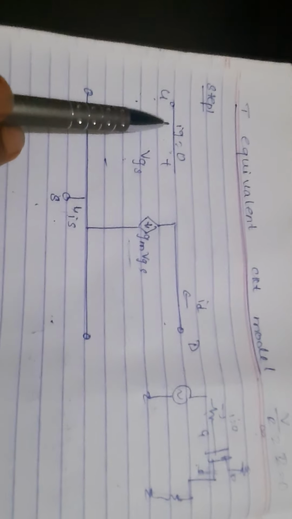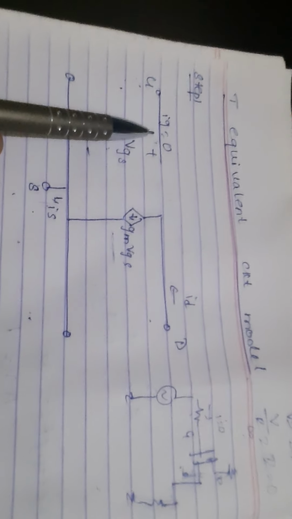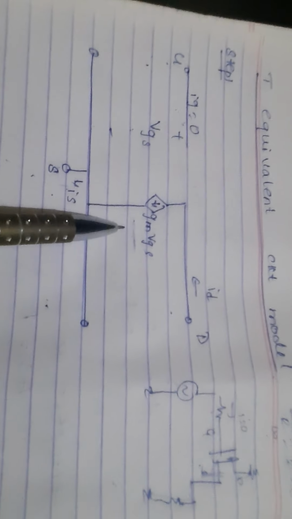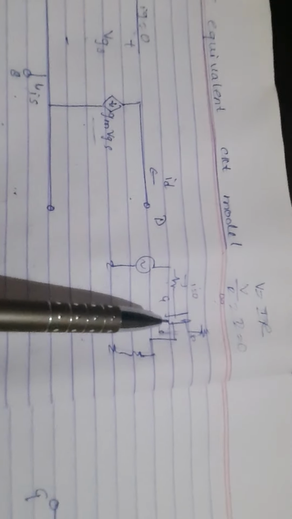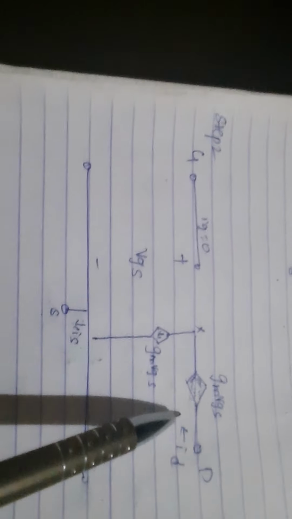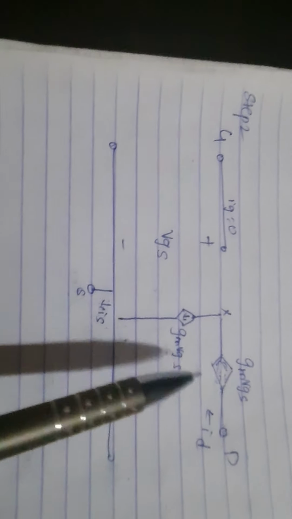The first one is this one, where we have taken gate, drain and source. Current at this point is 0 because the resistance at the input side is infinity. This is VGS, and this is the current Gm × VGS. This is a simplified T model of this one. Then we have added extra to the above model this current source Gm × VGS. Here it is not changing any current, so this is allowed.